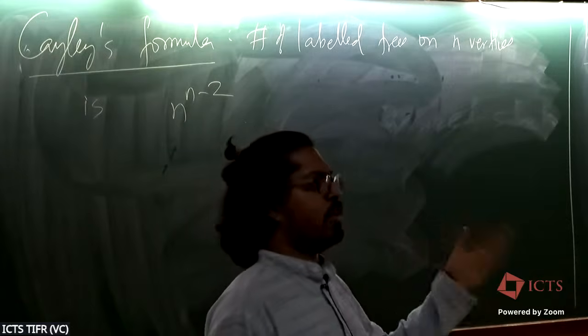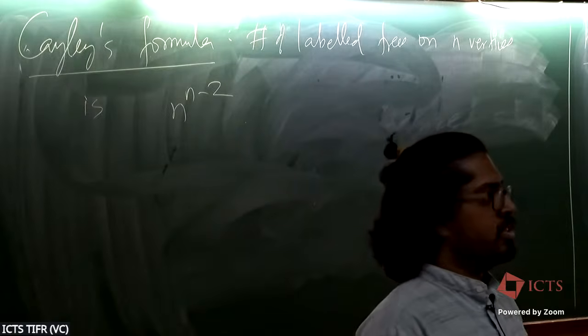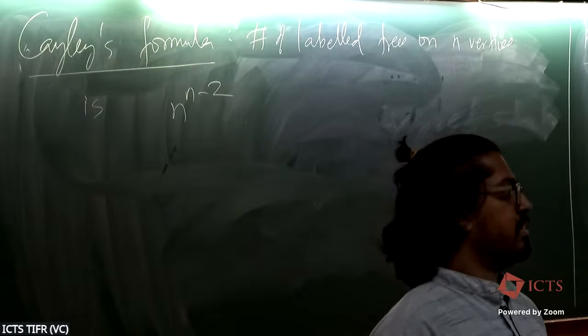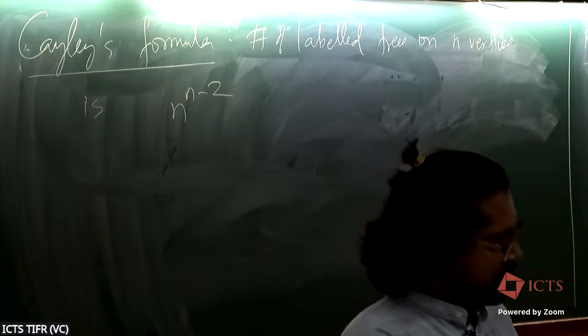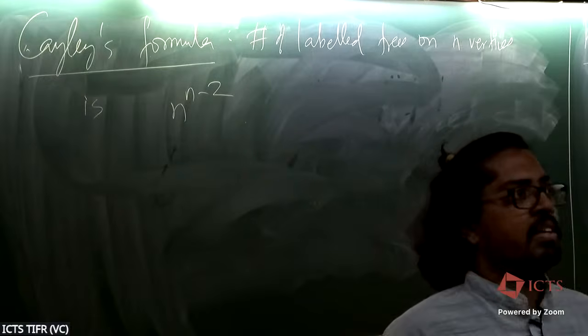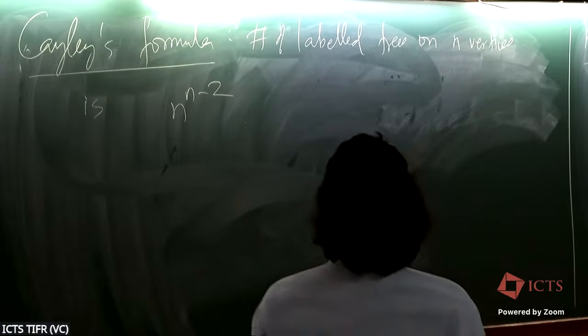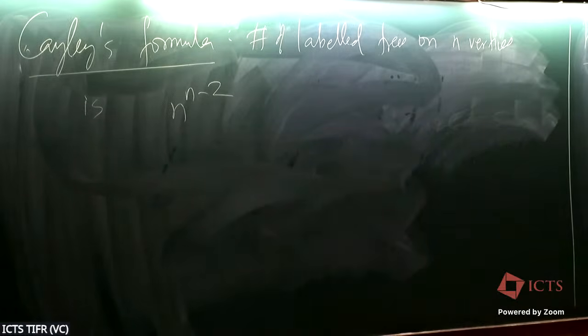We did this with 2 power n. What is 2 power n counted by? You said all 0, 1 sequences of length n, right? So 3 power n is all length n sequences in which each entry can take the values 1, 2 or 3. N power n minus 2 would therefore be sequences of length n minus 2, where each entry could be anything from 1 to n. Agreed? Okay. So now you have a bunch of very nicely labeled combinatorial objects, all these labeled trees, and you have this collection of length n minus 2 sequences. Is there a natural combinatorial bijection between them?